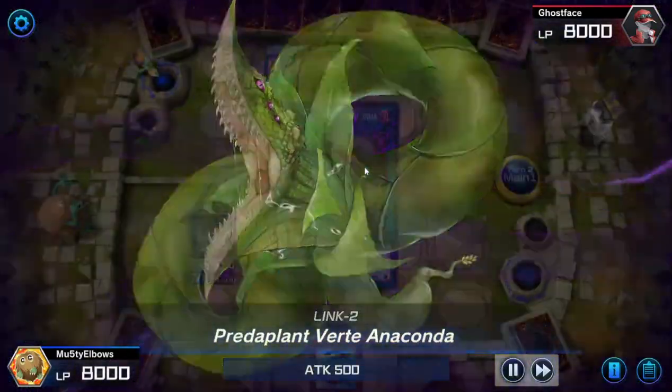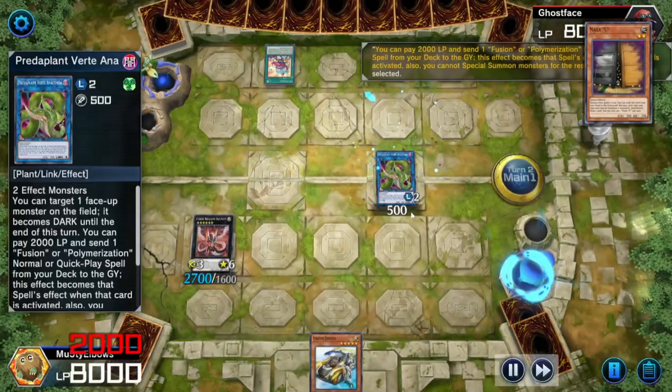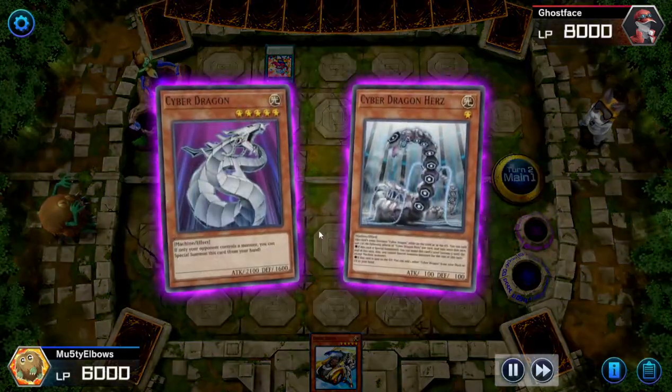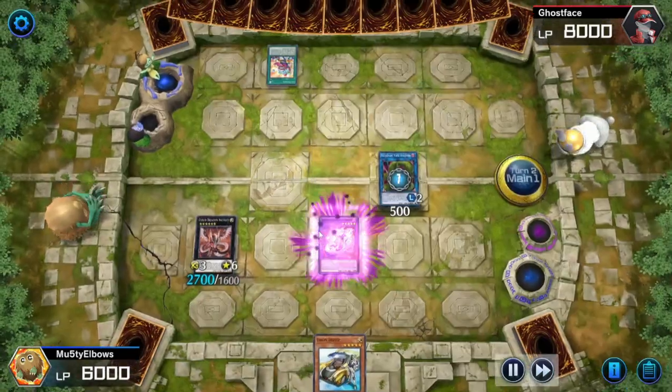Verde Anaconda is going to dump Overload Fusion. This card's really cool. The card art for this is amazing, and you get to really see that when you summon it, right? There we go. Here comes Rampage Dragon. He's going to draw one more time. I think the last card he draws actually is Ash, which is kind of funny, but I guess I don't